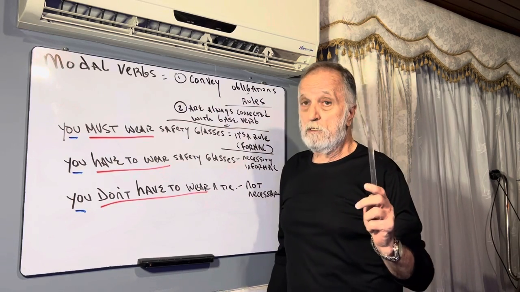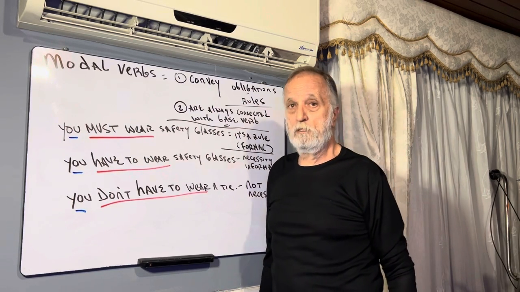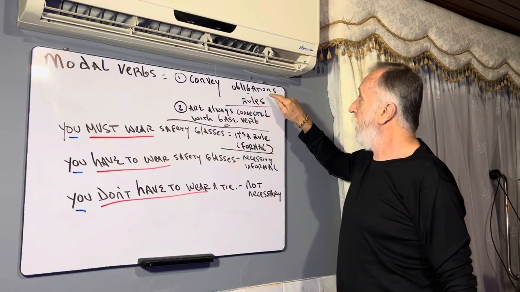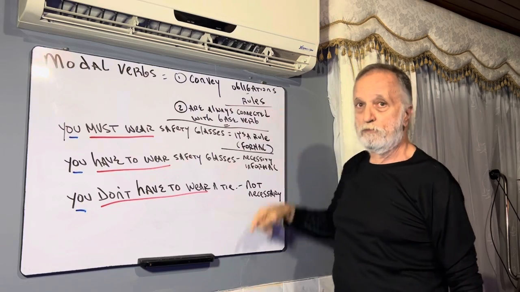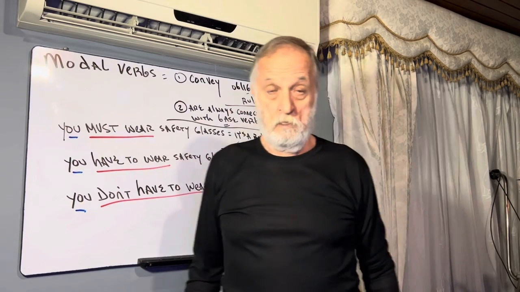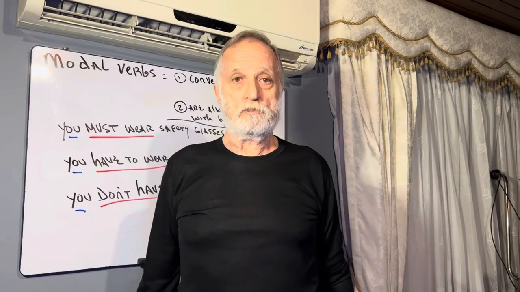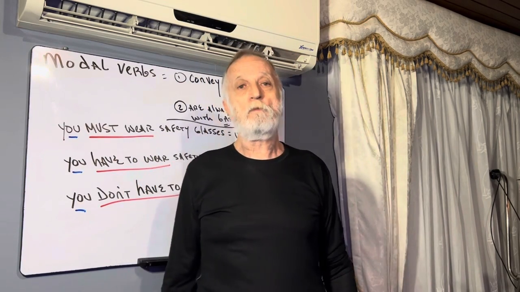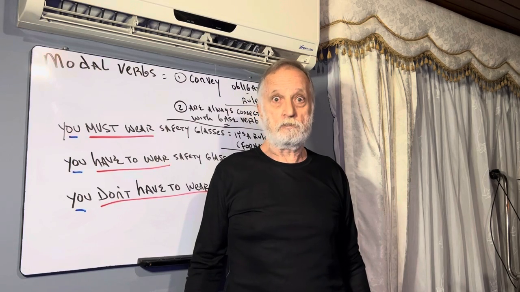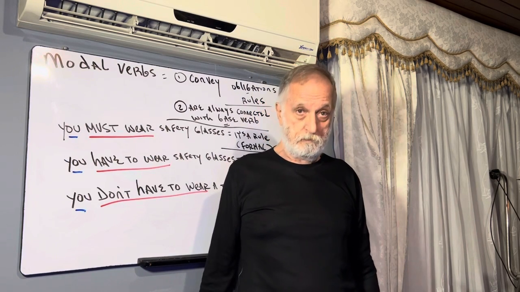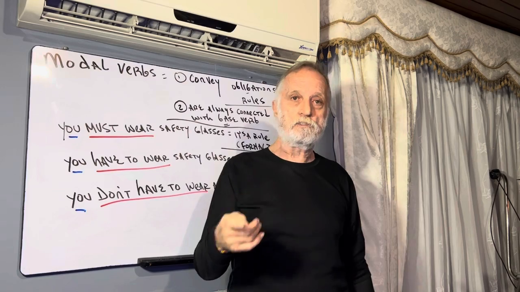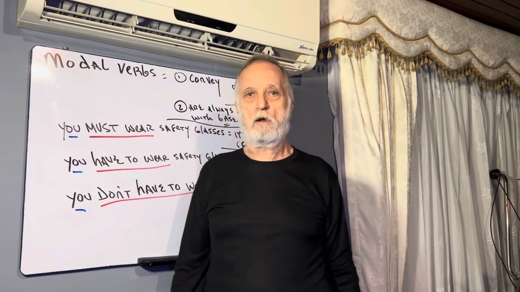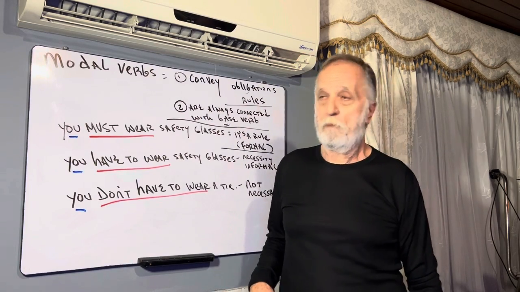The first level of modal verbs I want to talk to you about today is modal verbs of obligations, of rules. Rules. Okay, I hate rules, but sometimes they're necessary. If not, things get out of control. The question is, who makes the rules? That's the problem, okay? So when you make the rules, oh, they're great. But when you don't make the rules, sometimes it's hard. So let's talk about that.